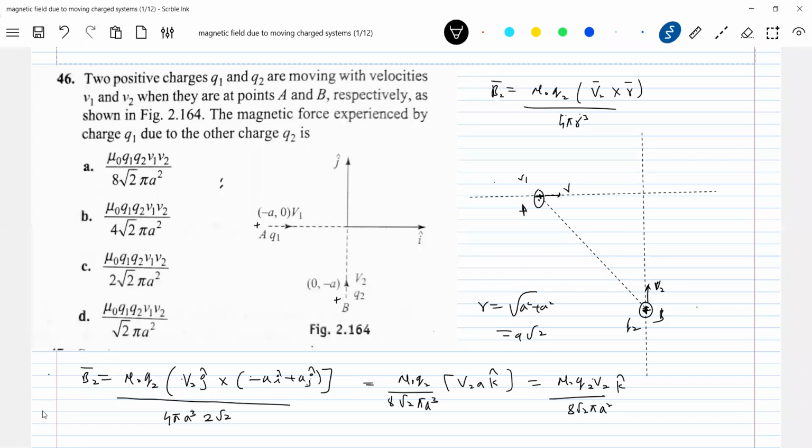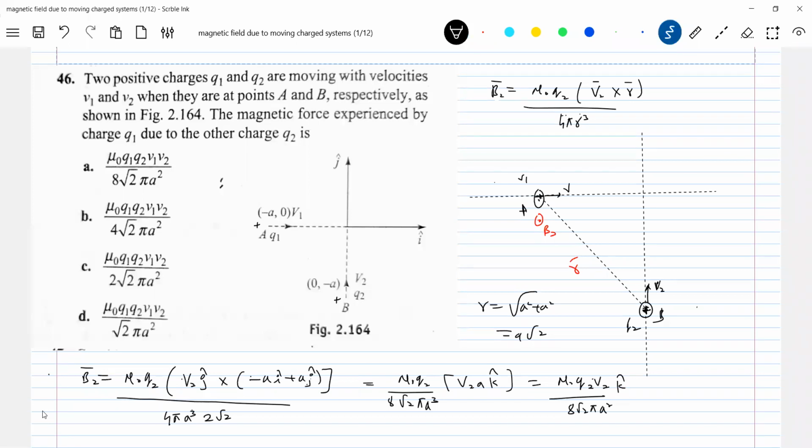Now there is a magnetic field. So how much is it? B2, whatever the direction, should be out of the plane. According to V bar cross R bar, curl fingers from V2 bar towards R bar. So at that particular location, the field will be out of the plane. That is your k cap.